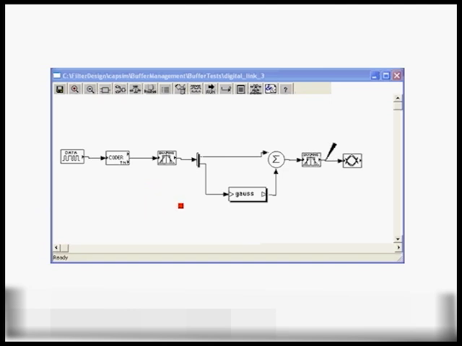So to summarize, Capsim provides a simulation architecture. The kernel schedules blocks in a particular order, and it has a lot to do with the actual topology and the hierarchical nature of the simulation. And the key point is that source blocks are only visited once. They generate a chunk of data. That chunk of data is then consumed by the other blocks, and a deadlock situation is a case in which